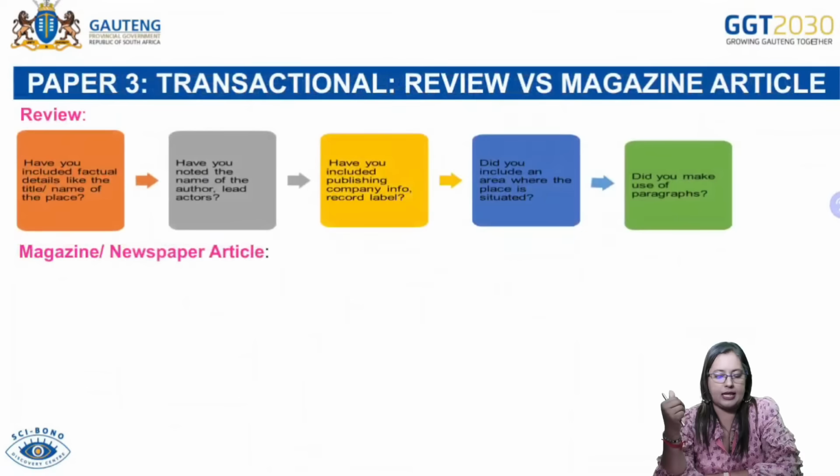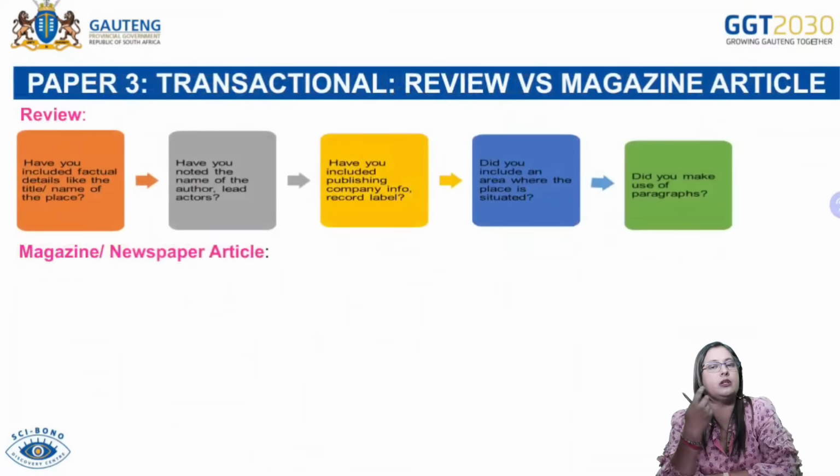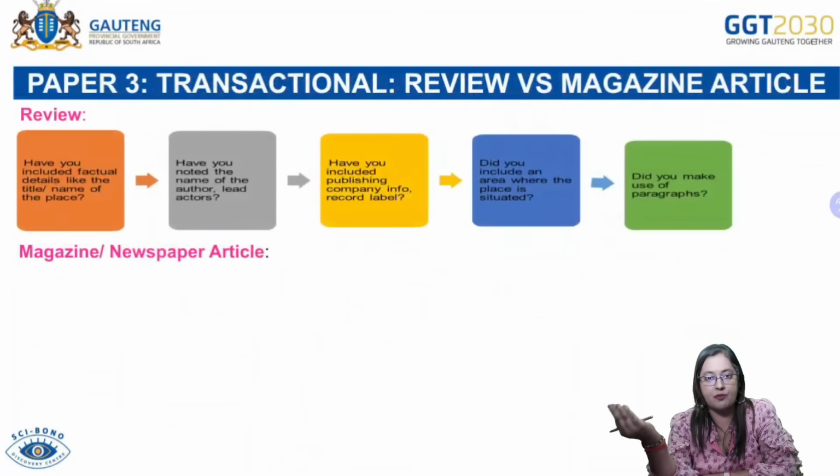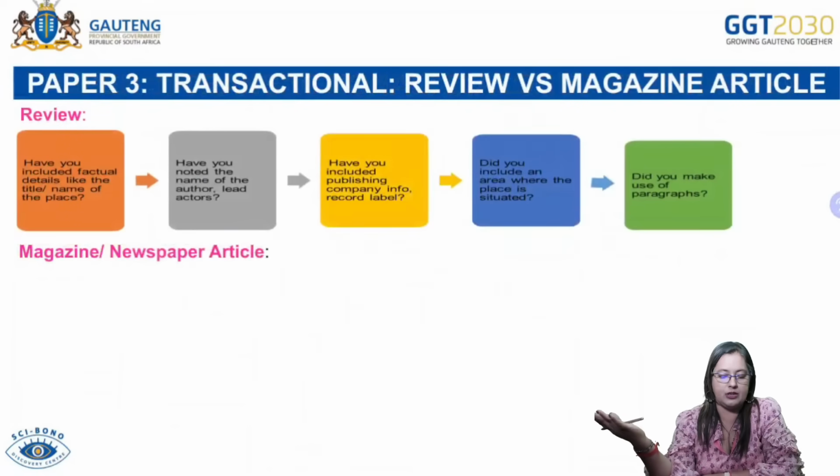Then, when you're looking at what needs to be included, did you include, for example, if it's a book review, the name of the book, the name of the author, the lead character's information? Have you included that? If it's a restaurant, what is the name of the restaurant, where is it located? That sort of thing must come through. Okay, or who is the owner? Could be an owner of the franchises. All those things need to be included.